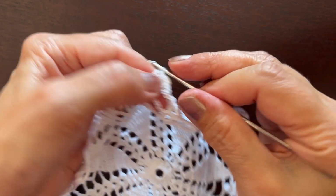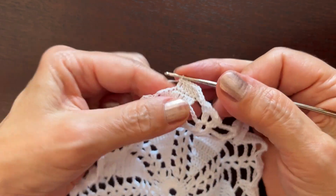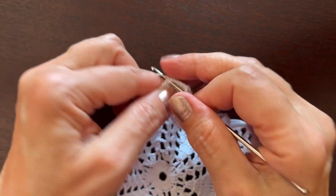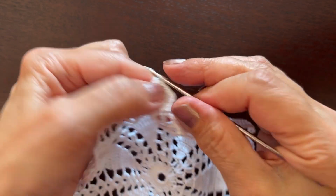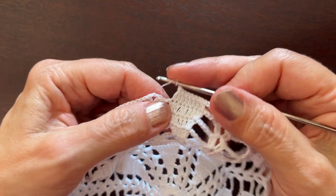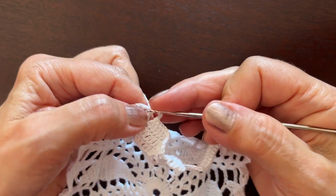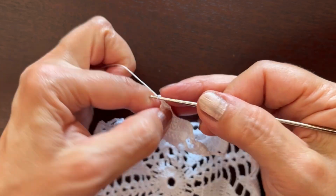3, 4, 5, 2 double crochets together, chain 3, a shell, a usual shell here, chain 2,